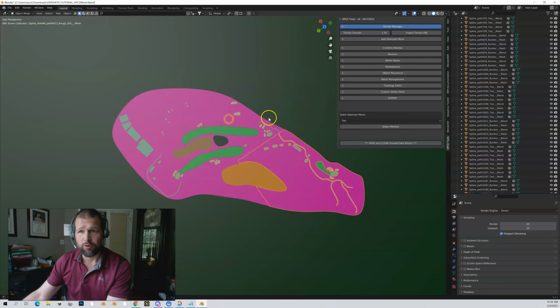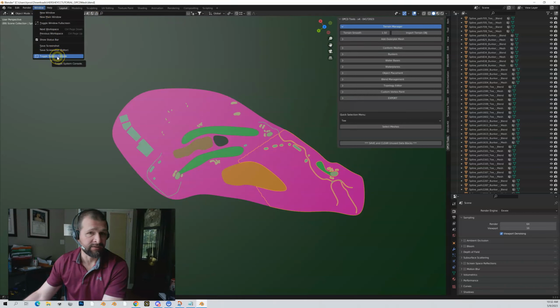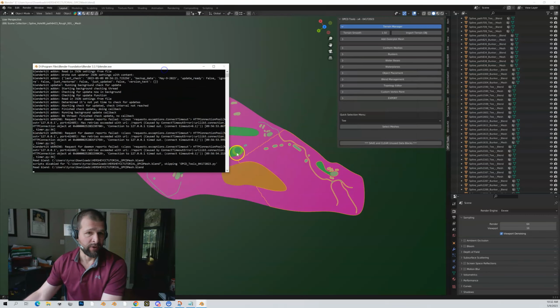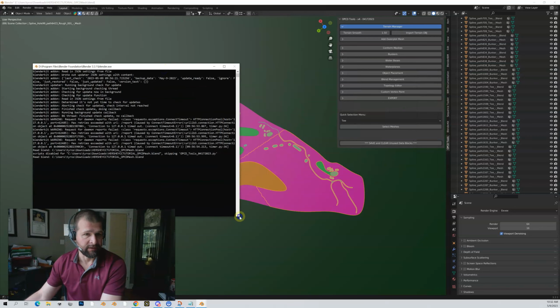So here's Blender open. I've got my tools open over here, and I'm going to expand the terrain manager. Now, before we do anything in here, and actually before I like to do anything inside of Blender, I come over here to this window drop down and I toggle system console. And when I do that, you'll see I get this window that comes up that looks very cryptic, and there's going to be a lot of information in here. The reason I like to do that is because I can track what's happening in the background as I do a bunch of things. And if I run into any problems, it'll pretty much be noted in here and give